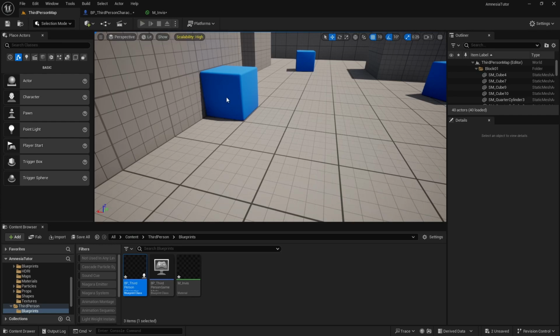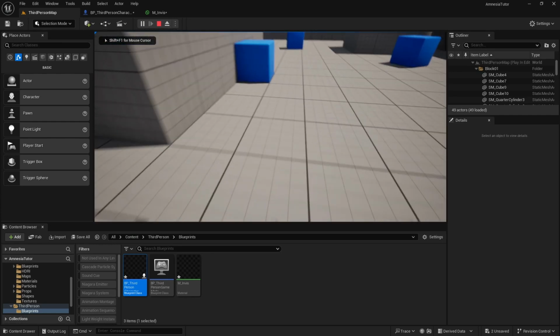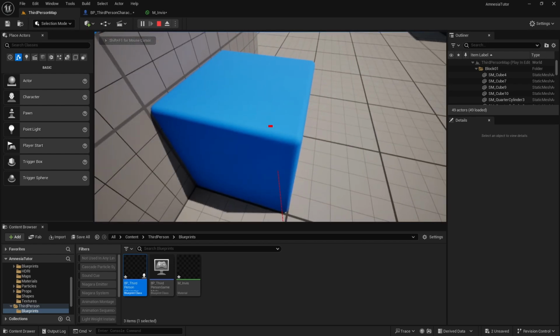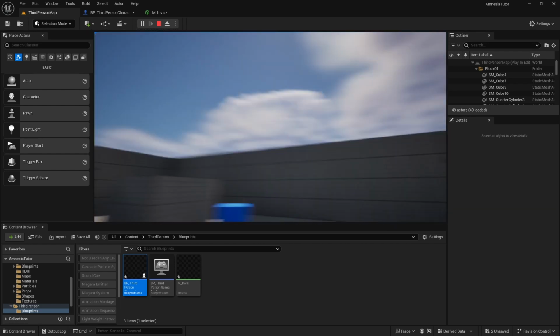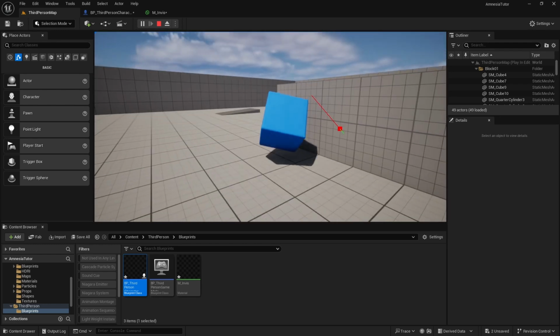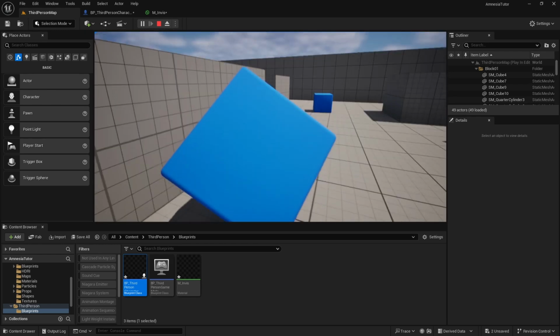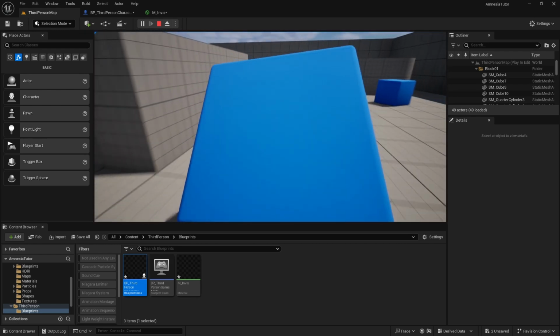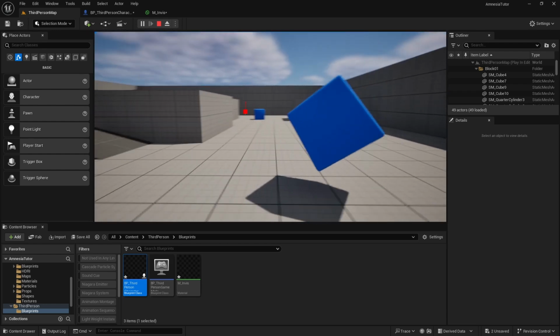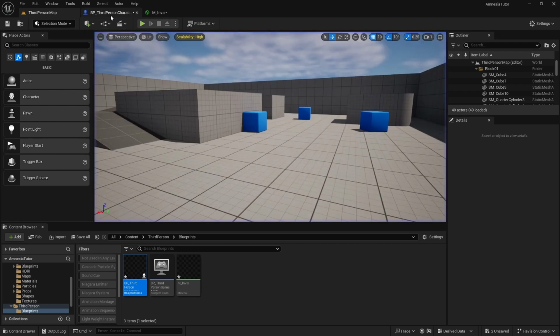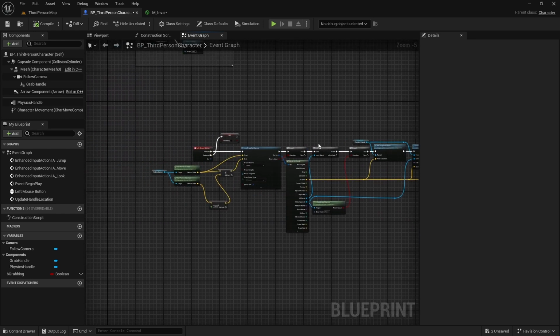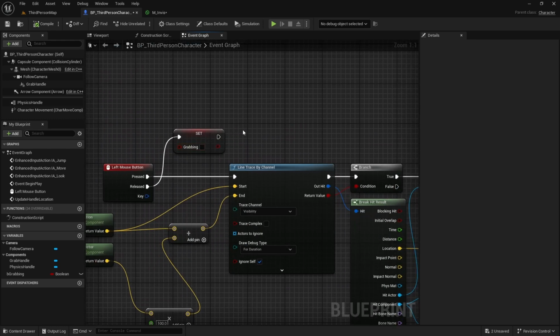And then compile, and now we should be able to grab stuff and actually... There we go. Oh, it's because it hasn't released. Right. So I can let it go and it floats. That's kind of funny. Alright, let's go back to our third person character, and when we release the grabbing, let's